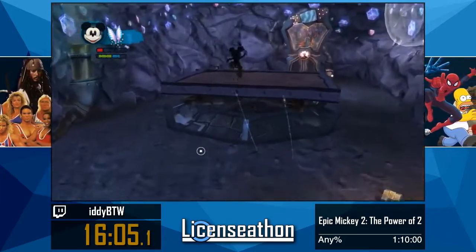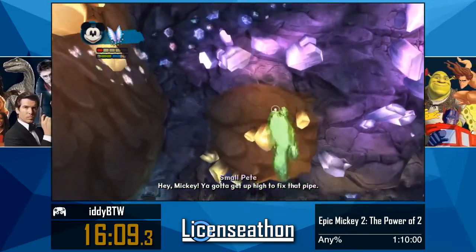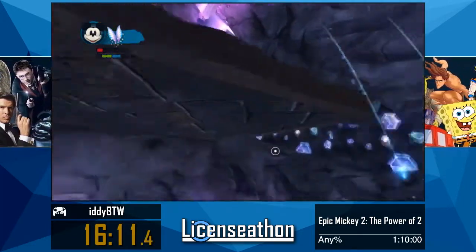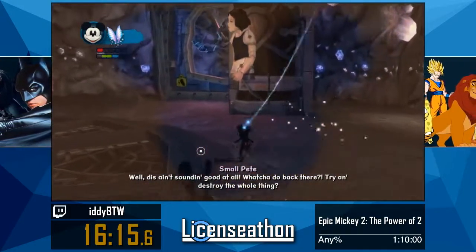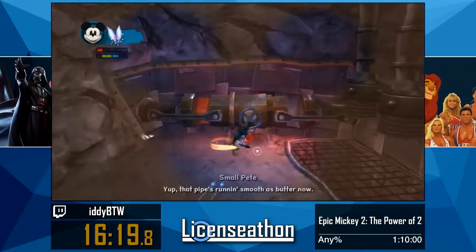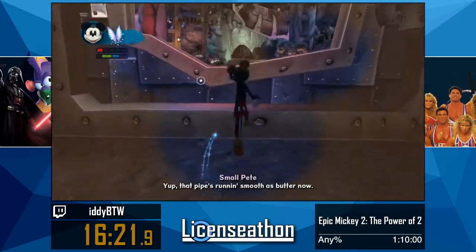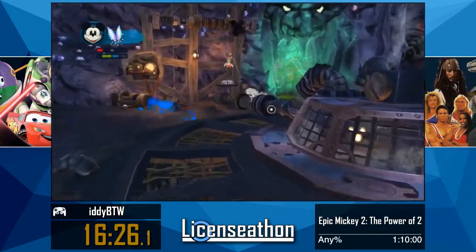So what we're gonna do, we're gonna... Oh, that's so loud. You gotta get up high. We're gonna thinner this. Then we're gonna activate this clock, which slows down time and slows down this vent, allowing us to get in here. Destroy the whole thing. Activate this pipe. That pipe's running smooth as butter. Jump now, jump out, and then we're gonna push this pipe into this one, unlocking